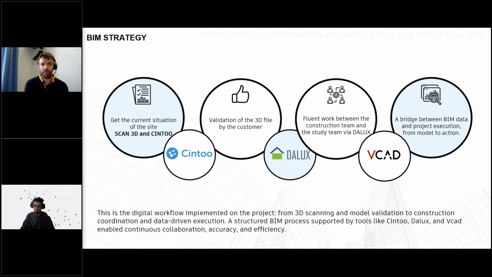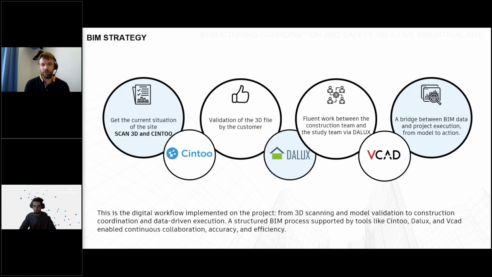So we needed to do a 3D scan that we saved on Scene 2. It was important because this first step allowed us to remodel the existing plant and to visualize the sequencing that we'll need to do on the design. So from this point cloud, we implemented it in Dalux and we overlaid it with the 3D model. This was the first part, which gave us the possibility to validate with our customer the 3D model without 2D